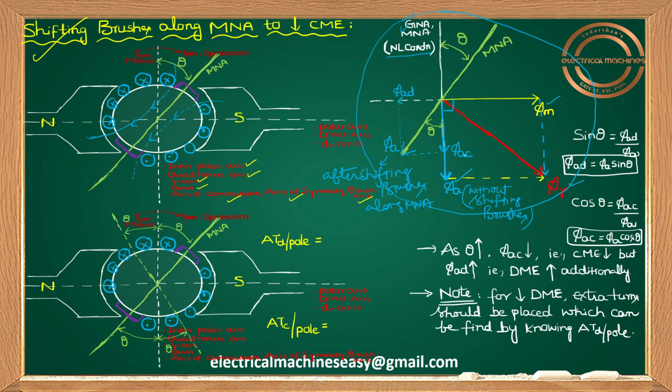Pi AC means the cross-magnetizing component of armature flux. Okay, guys, I told you previously that MNA is shifted from GNA by an angle theta, no? So if you take this as the reference, this is nothing but the angle theta, and here once again you will get the angle theta. Now, for this triangle, let me use the laser pointer. If you take this right angle